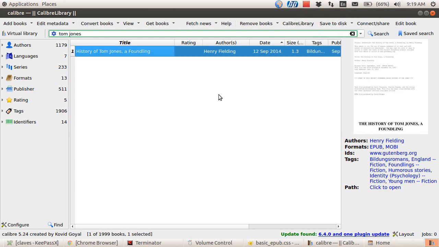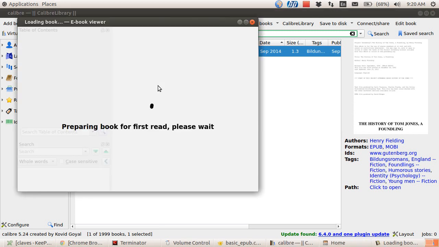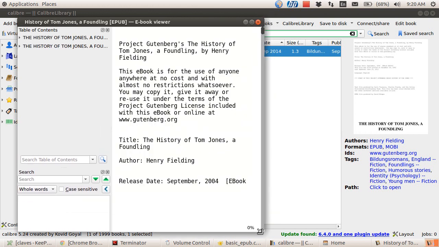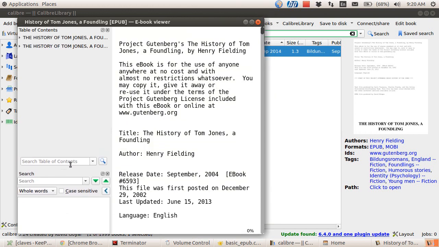The History of Tom Jones by Henry Fielding. And this is an ebook that I got from the wonderful Project Gutenberg. But there's something about it that really has been irritating me as I'm reading, and I want to fix it today. I thought I'd make a video to show you how to do this. So first, let's look at it so you can see what I'm upset about. Maybe upset is too strong a word, but